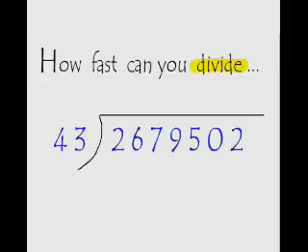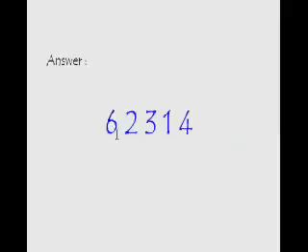Your time is up. The correct answer is 62,314. Now you don't have to tell me that you did not get that answer, or for that matter any answer at all, for I know that unless you use a calculator or you know this easy calc trick of dividing numbers, there is no way by which you can divide a 7-digit number in 12 seconds. So let's first check out the usual way of doing it, then I'll show you the faster way.